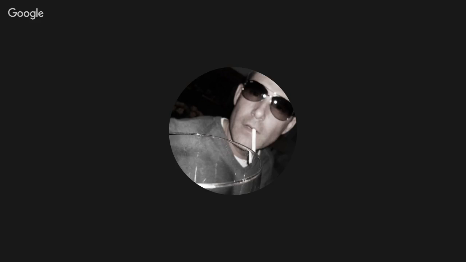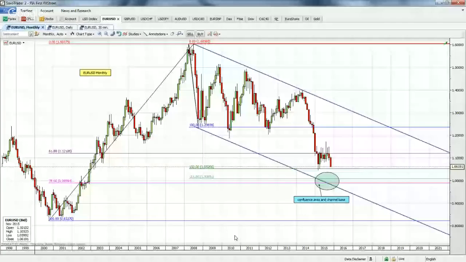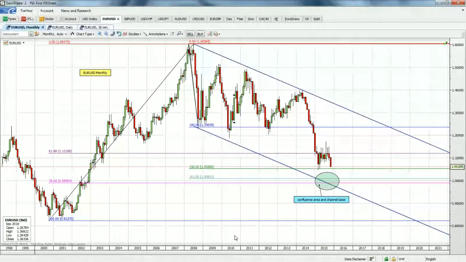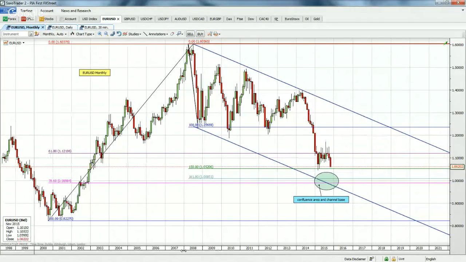Okay, and again, we're starting to sound like broken records, but our long-term bias remains bearish. That's probably something we've put into our euro-dollar report for about 12 months now, and we still remain bearish. Last month, we actually had an inside month and an outside bearish month. So if we just zoom in on this chart here,